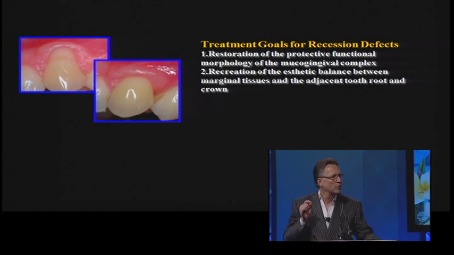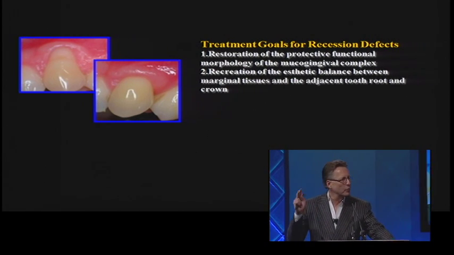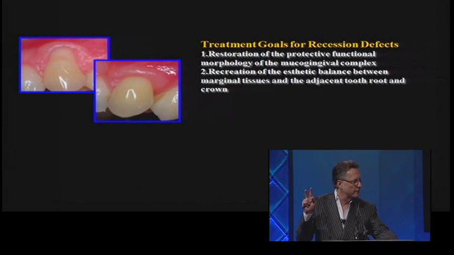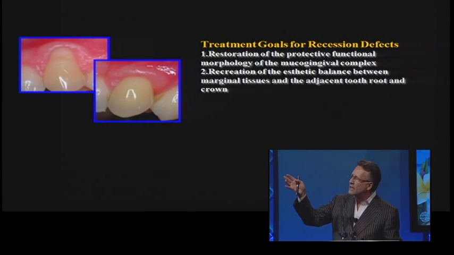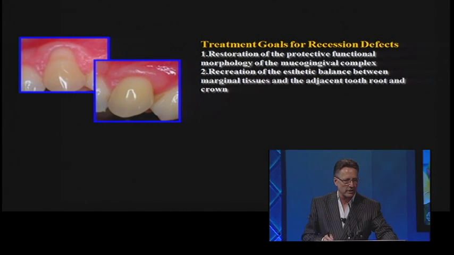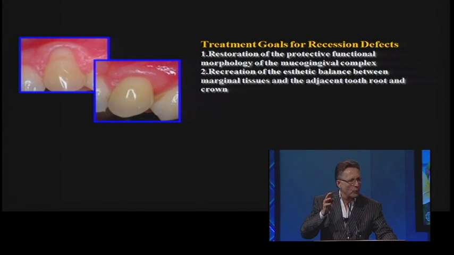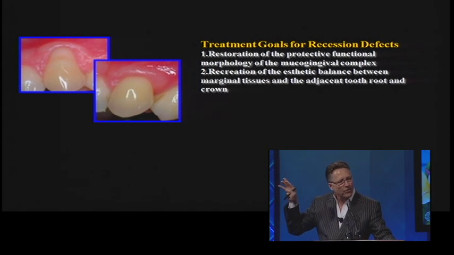Now, anytime you and I are covering root surfaces, we've got 3 goals that we want to try to achieve. The first is we want to restore the protective functional morphology, okay? Second is we want to create an aesthetic environment. And I think I've shown you that we've been able to achieve both of those goals with the coronally advanced flap with the PDGF and the connective tissue. It is the third goal